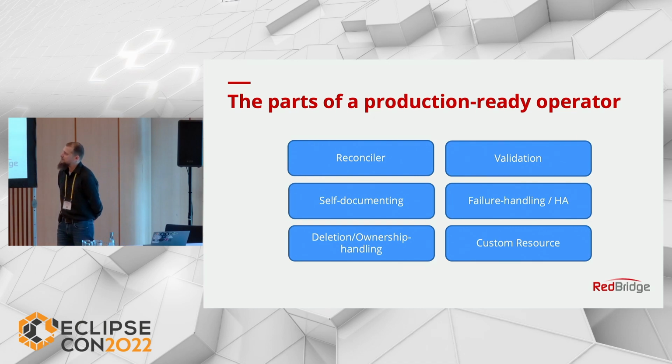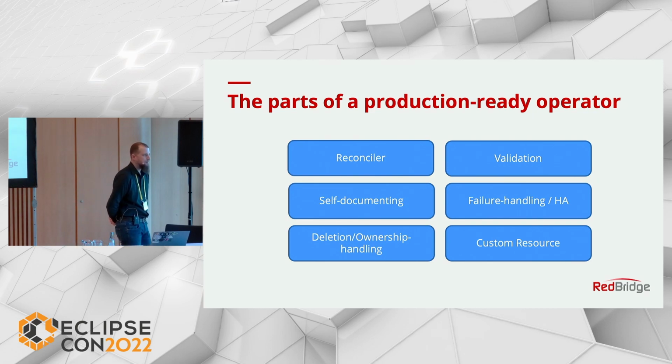I know this is up for debate. Some operators have a lot more, some operators have fewer things. But the core thing in an operator is the controller that has the reconcile loop. That's the thing that will check the desired state and make it the actual state. We have validation, because it's really difficult to reject something once it's in the Kubernetes cluster, once it's stored in the etcd database.